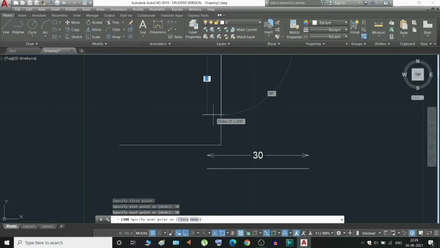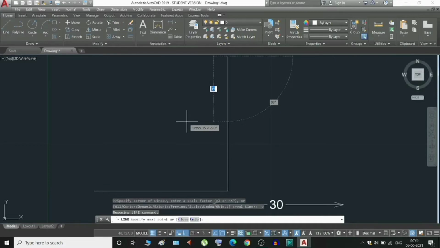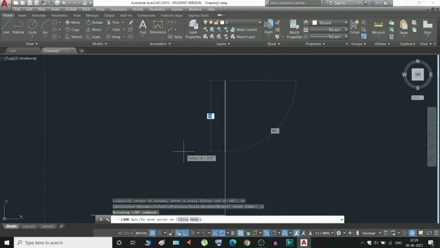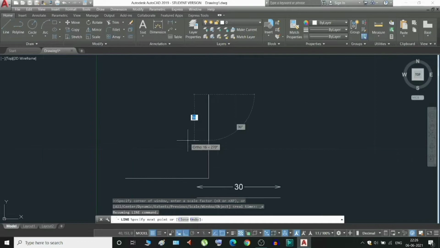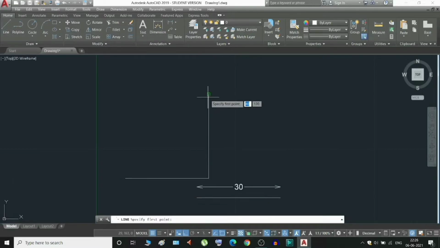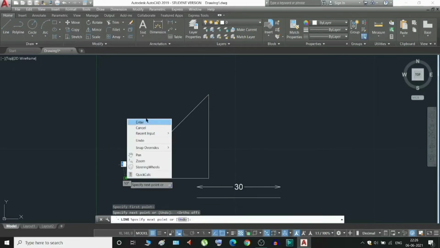So it's a little bigger. So I will just zoom out a little bit, and next I will join this line from here to, I will make the ortho mode off and then join here, enter.